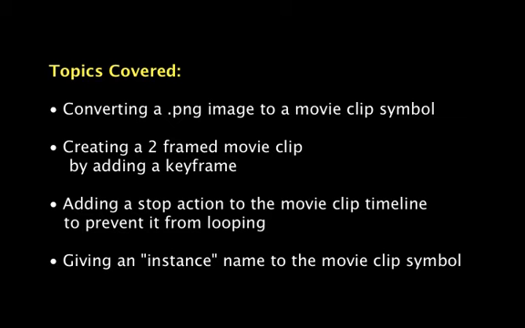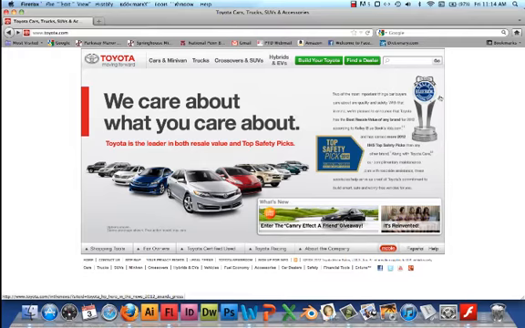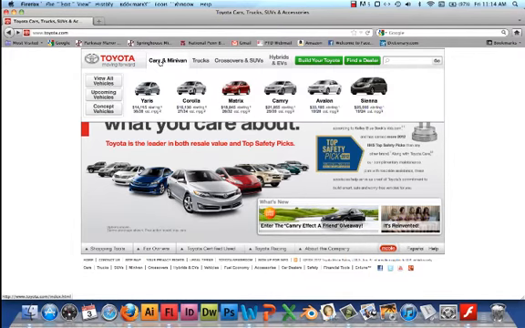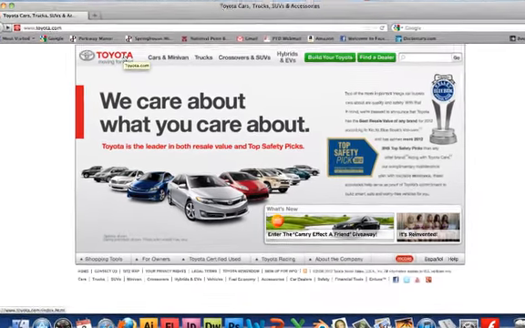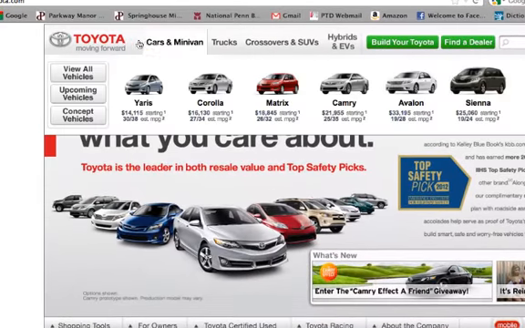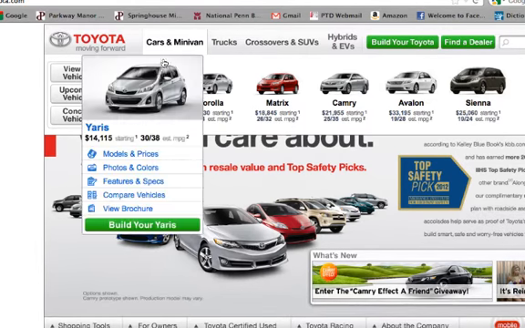And for this tutorial, we're going to review the Toyota.com website, and we're just going to try to recreate some of the methods used on the website. We're not going to recreate the entire website that Toyota's done, but we are going to recreate just the method where they've created a drop-down menu where if you go to the top of their screen, you can go to the category of vehicle, cars and minivan, and it brings down a drop-down menu which goes over top of the graphic underneath, and then once you choose a vehicle, it also brings down another drop-down menu which also contains more